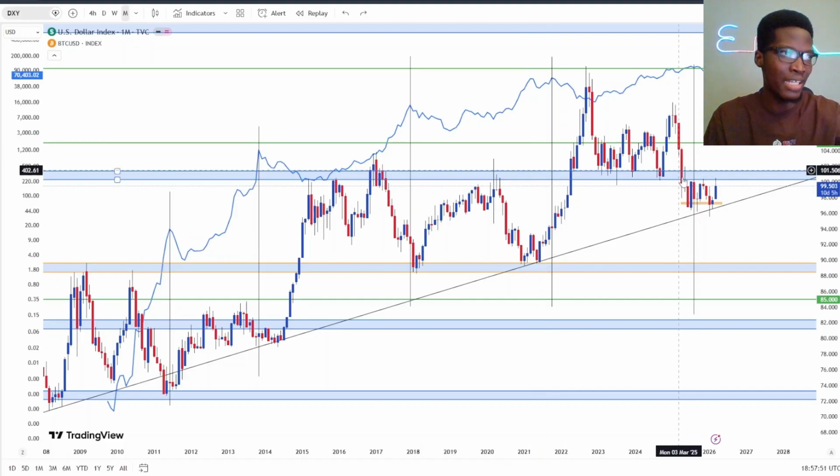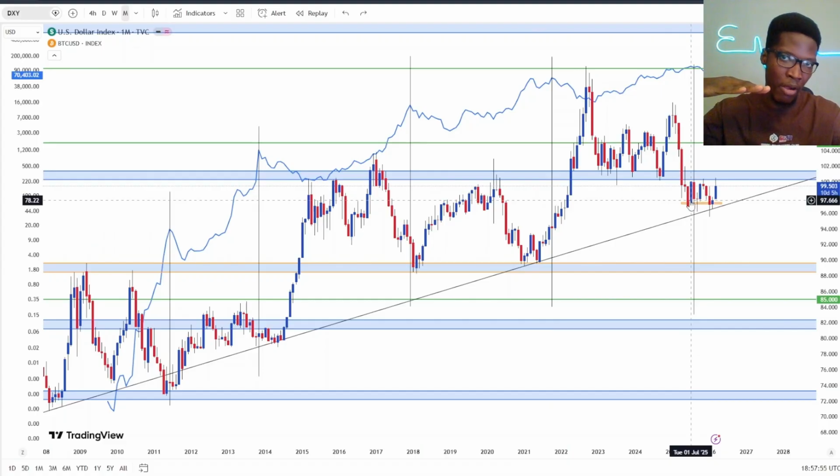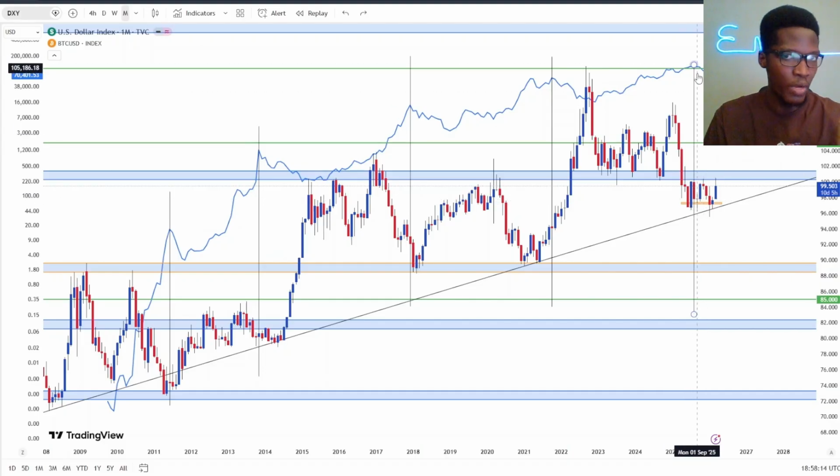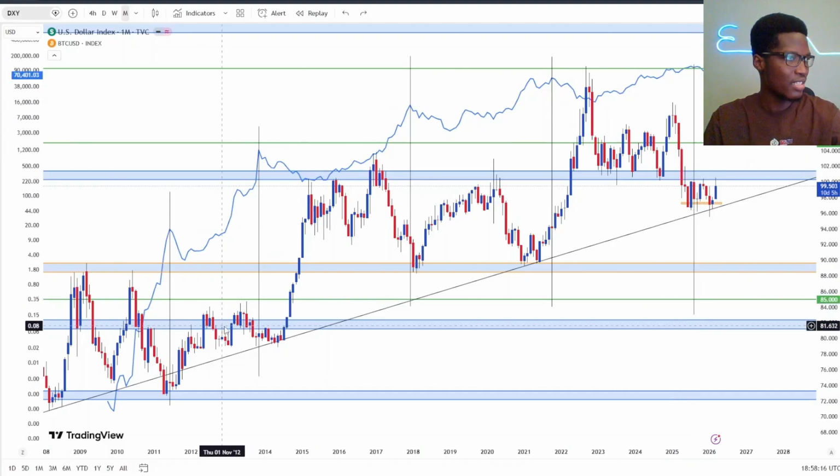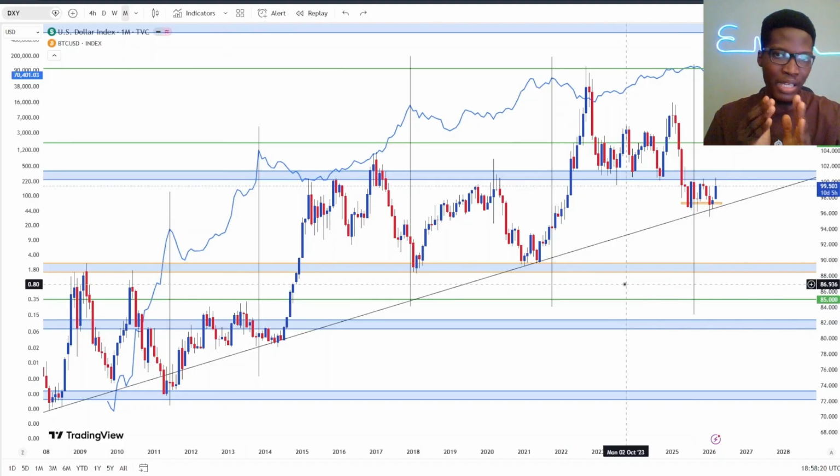Here too, we hadn't formed our bottom yet, but it looked like we are about to form our bottom formation. So we are not going to get it exactly every time. The chart patterns and everything change, but once you have a fair idea of what is going to happen, you trade according to that. So here we could see DXY is also bottoming, which can also hint a fall in Bitcoin USD.